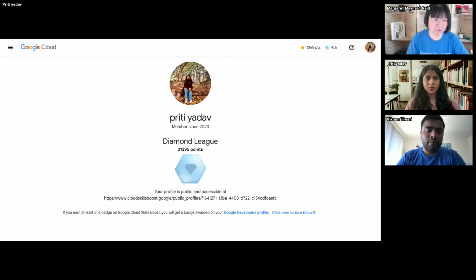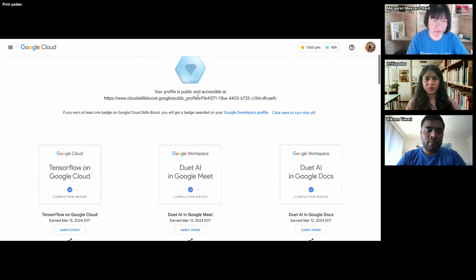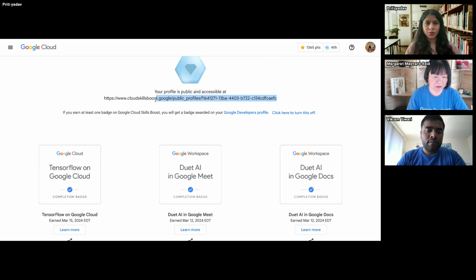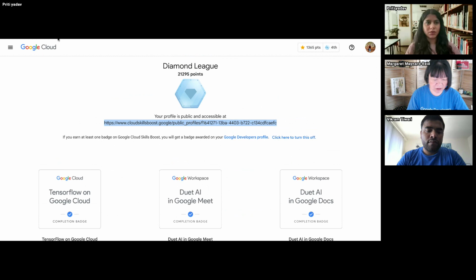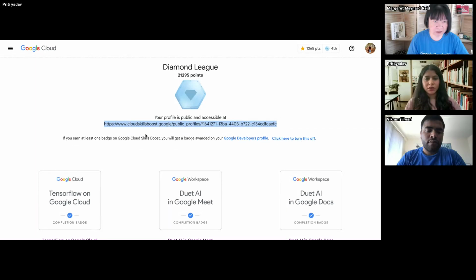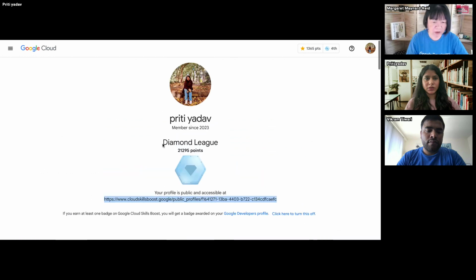We could not see the top of your screen though. I see Google Cloud, but the tabs are cut off on the top. So this is another way that you can share this profile. Is it visible? Yes, I can go to cloudskillsboost.google, and I see my icon to the right, and there's a profile tab, although that is missing from your screen. But I can go to the profile and see myself.